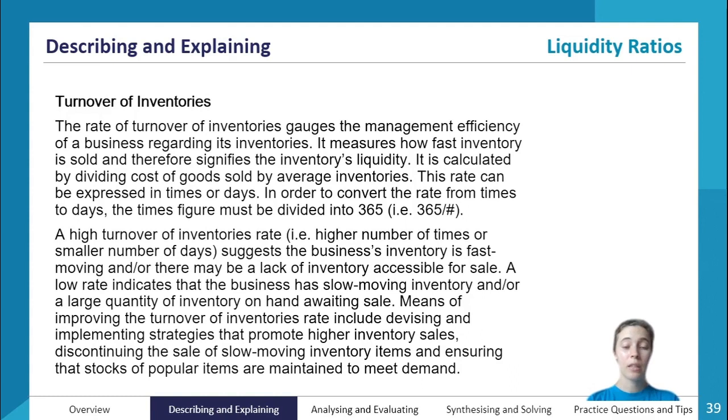So a low rate indicates, on the other hand, that the business has potentially slow-moving inventory, or it has a large quantity of inventory on hand waiting to be sold, which is a problem because you want things to be moving quickly. You want to be making use of your storage space for things that are going to generate money quickly. If you've got things in storage that aren't being sold for a long period of time, then that is wasting your asset of your warehouse